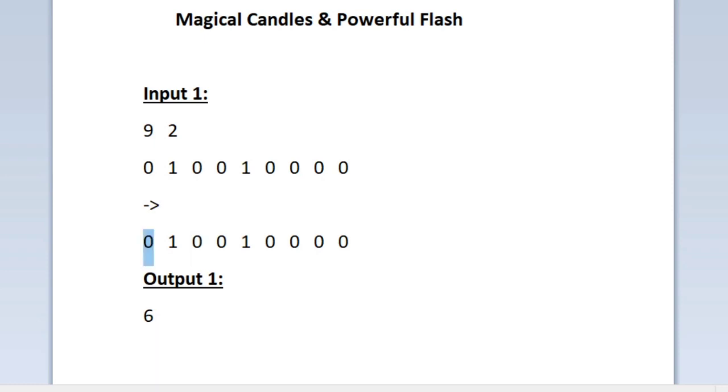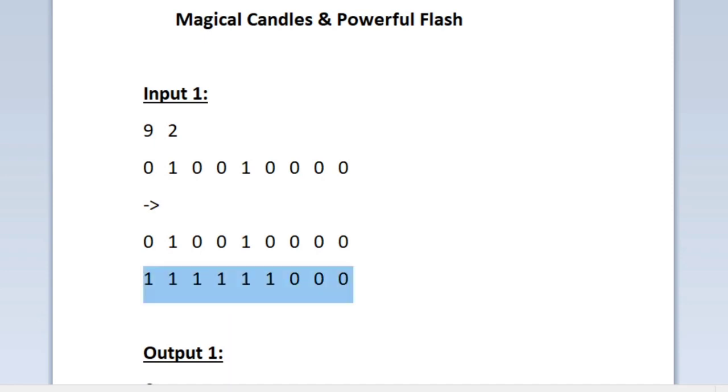It is also given in the question that all the candles are present circularly and at least one candle is turned on. So now our task is to calculate the total time in which all the candles will be turned on. First, I am copying the original given input array, and here I am updating the integers present at index 0 and 2 to 1 because the integer present at index 1 is 1. Also, I am updating the integers present at index 3 and 5 because the integer present at index 4 is equal to 1. So after the first iteration, these are the candles that can be turned on.